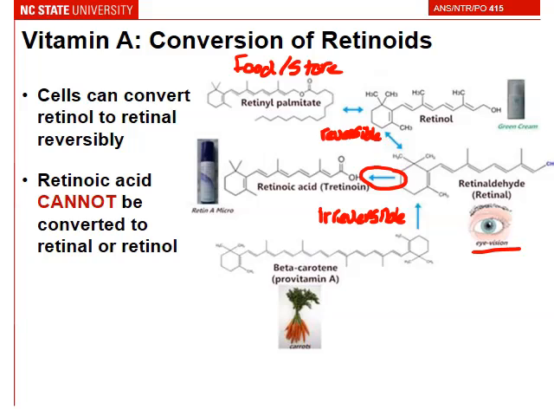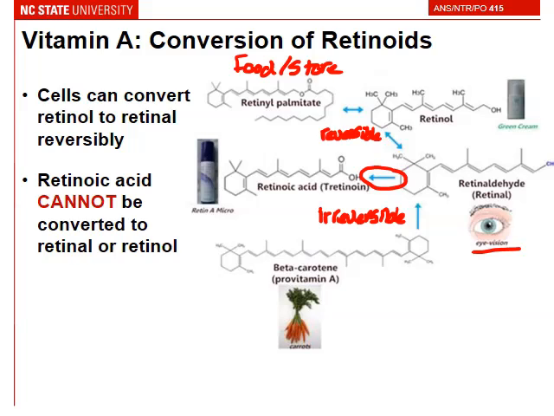hens lay eggs, and they were fertile eggs, and they incubated the eggs, and they utilized that to determine, can the retinoic acid within the egg meet the needs of the chick? And it was that those chicks were able to hatch just fine, had no problems, but they ended up being blind because they were not able to convert retinoic acid back to retinal, and it's retinal that we utilize for vision. So those chickens were blind because we could not convert it back. So we actually utilized the chicken to help determine the activity of these different